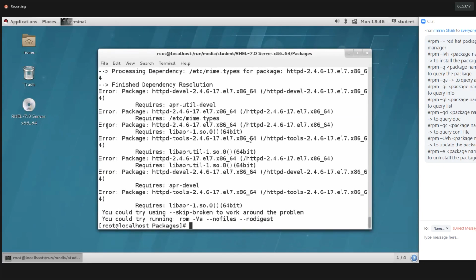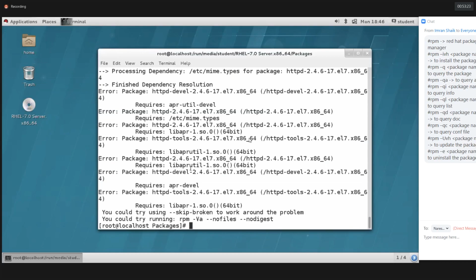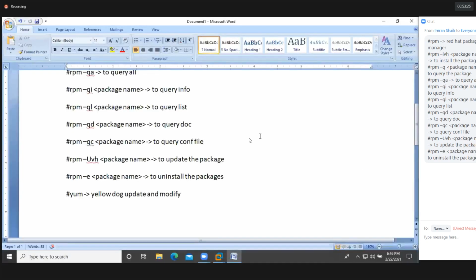How do we need to resolve these errors? Why are we getting these errors? Guys, we don't have any repositories. A repository means one type of database, and this database contains all the packages. If you take the subscription, by default you will get the repositories from RHEL. If you have the repositories, you can download the